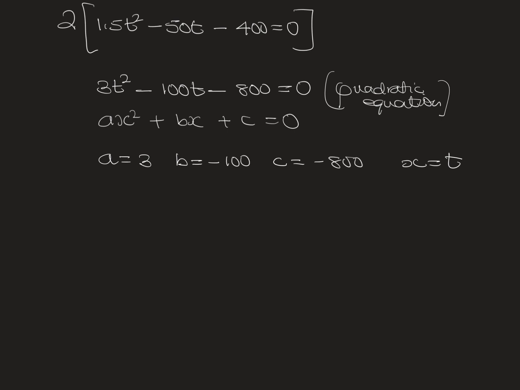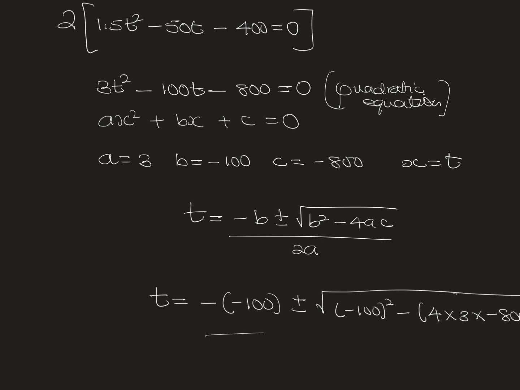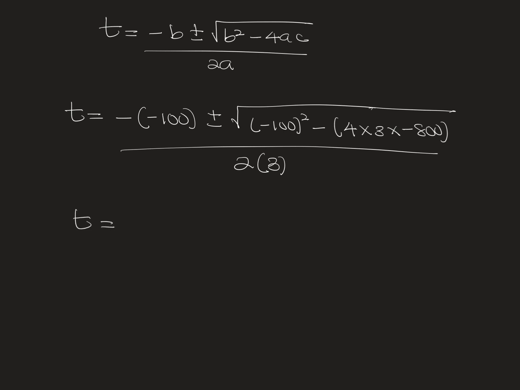So if I want to find t, I will use the quadratic formula, which is t is equal to minus b plus or minus the square root of b squared minus 4ac, all over 2a. So substituting, t will be minus b, which is minus 100, plus or minus the square root of b, which is minus 100, squared, minus 4 times a, which is 3, c is minus 800, all over 2 into a, which is 3. So t will be minus times minus will be positive, so that will be positive 100 plus